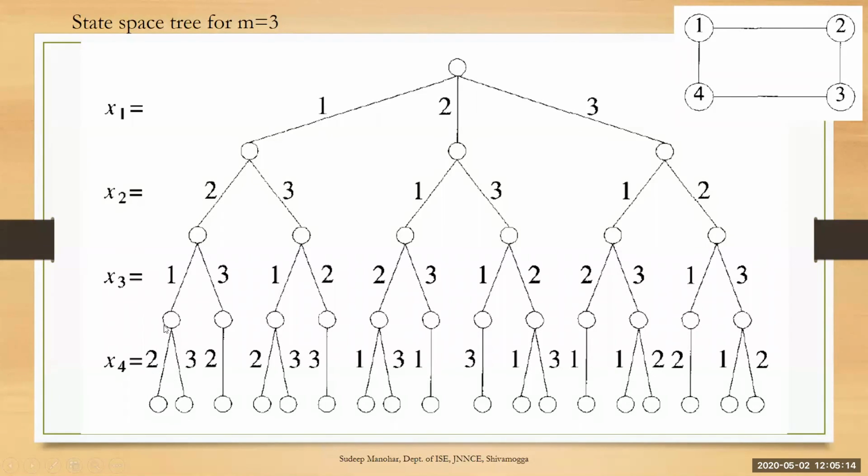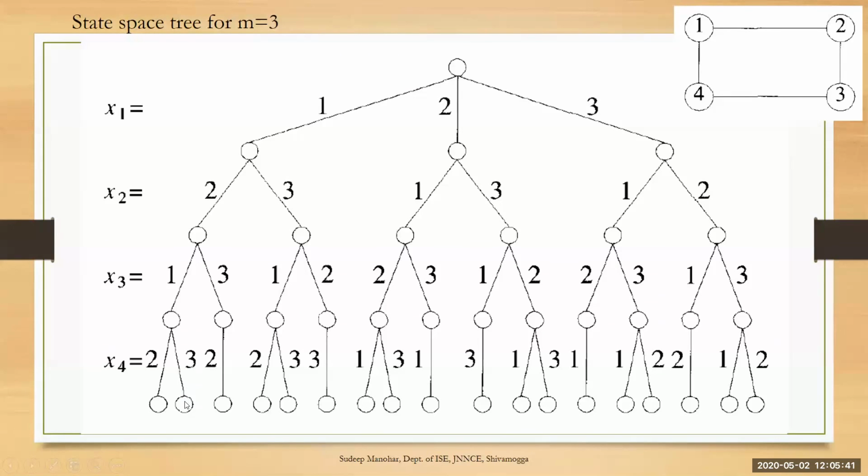So once again, backtrack to the previous step and increment the color. Previously it was 2. Increment the color, it becomes 3. Now see if 3 can be given. Yes, 3 also can be given, because the neighboring vertex 1 has color number 1, and this is also having color number 1. So this can be given color number 3. So this is also one more solution: 1, 2, 1, 3.